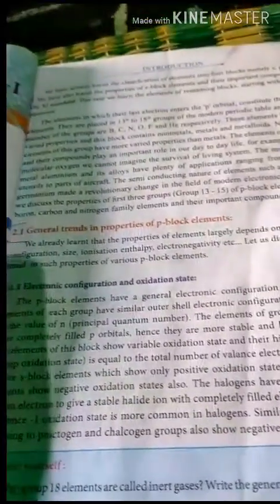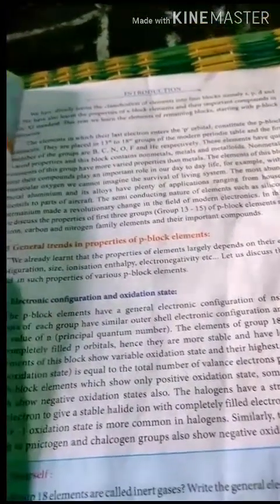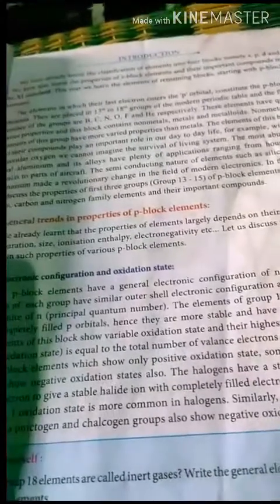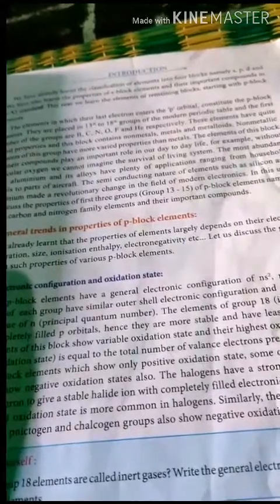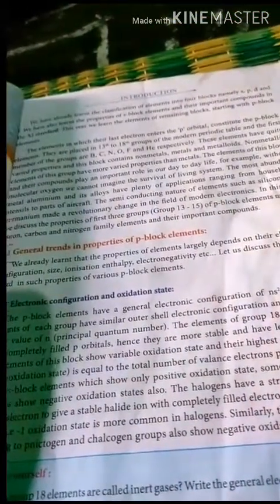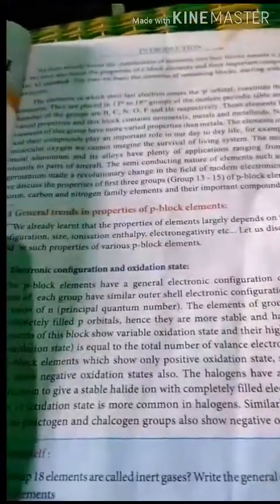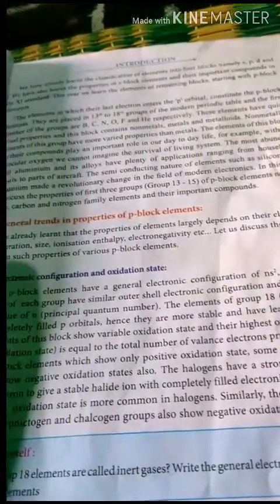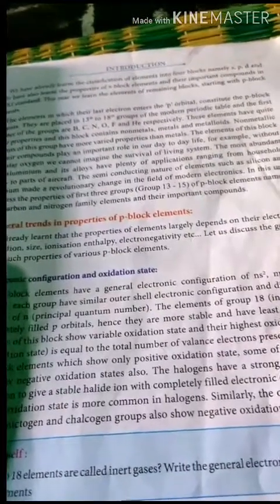The basic reactivity of any element mainly depends upon the valence electrons present in the outer shell. For example, alkali metals are highly reactive because there is one valence electron, which is easily removable, so they can react easily with oxidizing reagents. Similarly, the inert gases are completely unreactive because the outer valence shell is completely filled, so it's very difficult to remove or add an electron to that valence shell. A similar trend is followed in the P block elements. Group 13 has only 3 valence electrons, so its reactivity will be different from group 14, group 15, as well as 16 and 17.